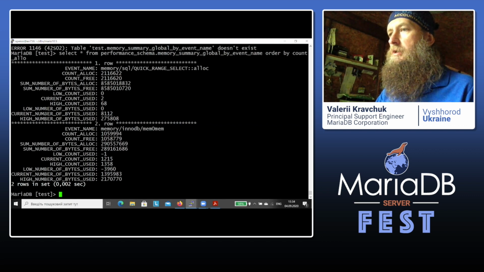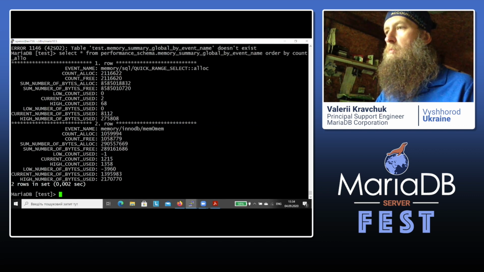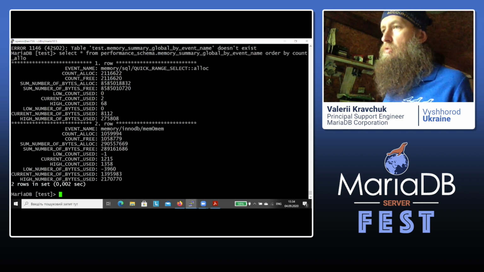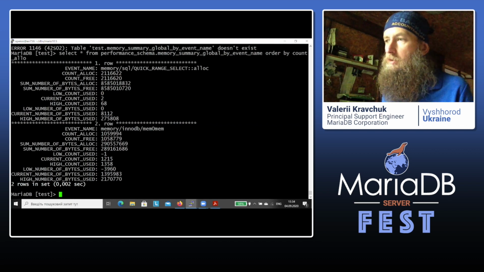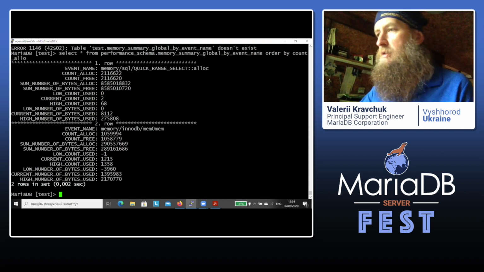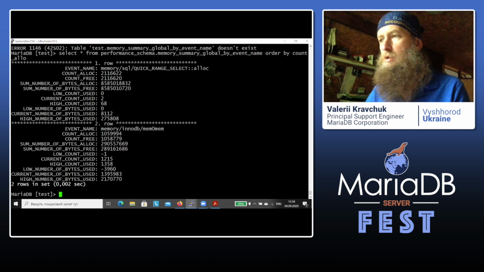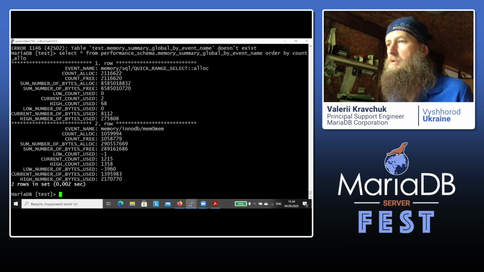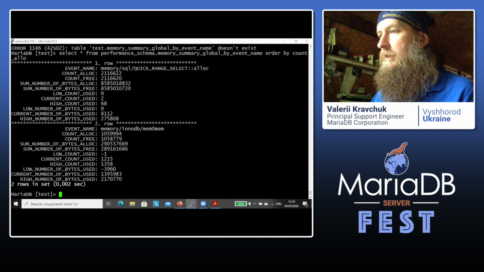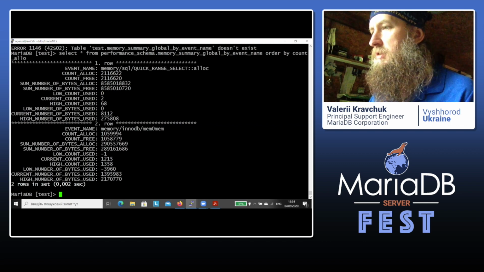You can see that the current number of bytes used is really small, but the total number of allocations was quite high because we have a high concurrency. The next one in top allocations is some memory pool inside InnoDB. And I would like to highlight these interesting numbers here.